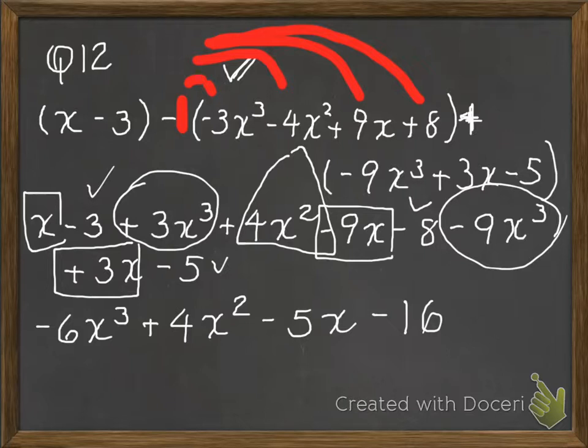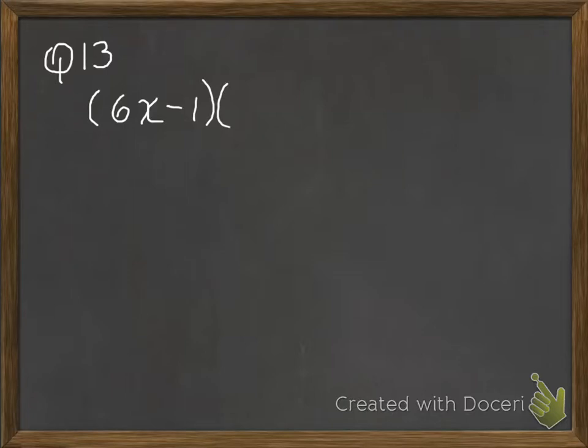Okay, a couple more questions. The next one is question 13. Expand 6x minus 1 times 6x plus 1. Okay,